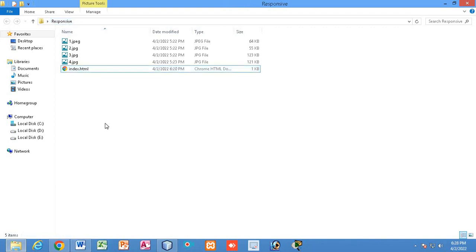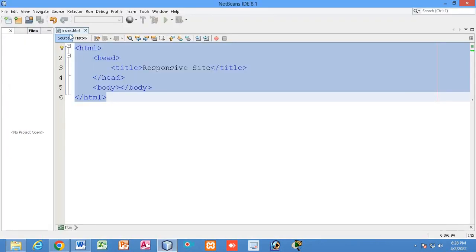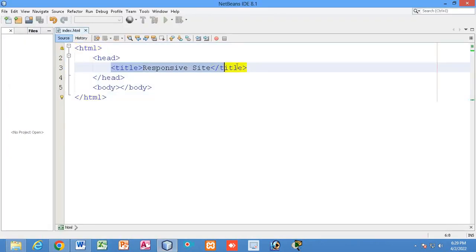In this particular folder, this is the file which we are going to work on today. The name of the file is index.html, and you can see we have 4 pictures in this folder. Now let us start. This is index.html, this is the title. You can see the title that has been printed, responsive site, and everything is blank